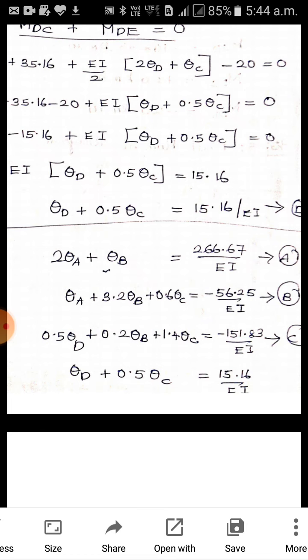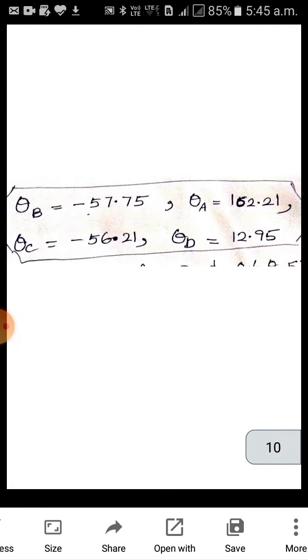You have to try, no other go. Particularly Belsia and Jaypriya, I think you'll do it. And Shiva Bala Rakesh, you also do it. Solve this problem. Solve the equations using the calculator, and see whether you get these answers for theta A, B, C, D. So that definitely you have to do. Belsia, Jaypriya and Shiva Bala Rakesh have to solve the problem and inform at least in the afternoon.